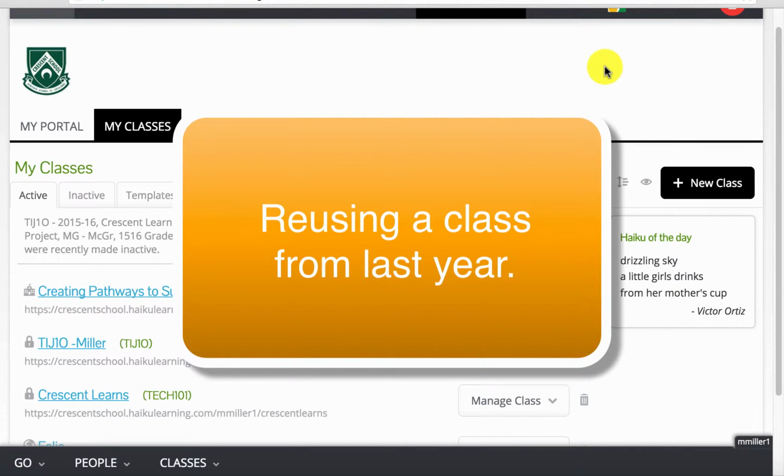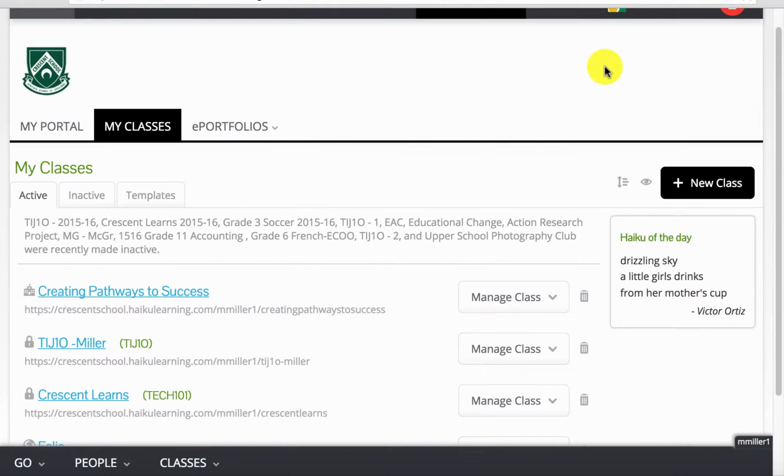One of the things we need to do at the beginning of each school year is make sure we have active Haiku pages filled with the rosters of the students in those courses. If you'd like to use pages from a previous year, there are a couple of things you need to do in order to make sure those pages are ready to go and will not fail either you or the students